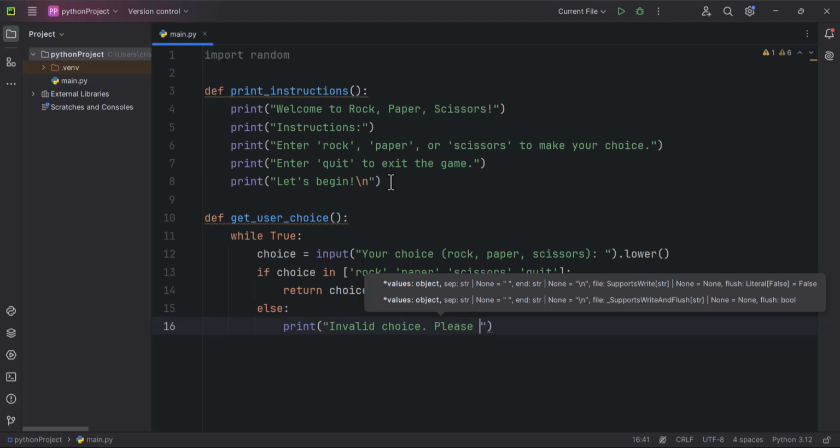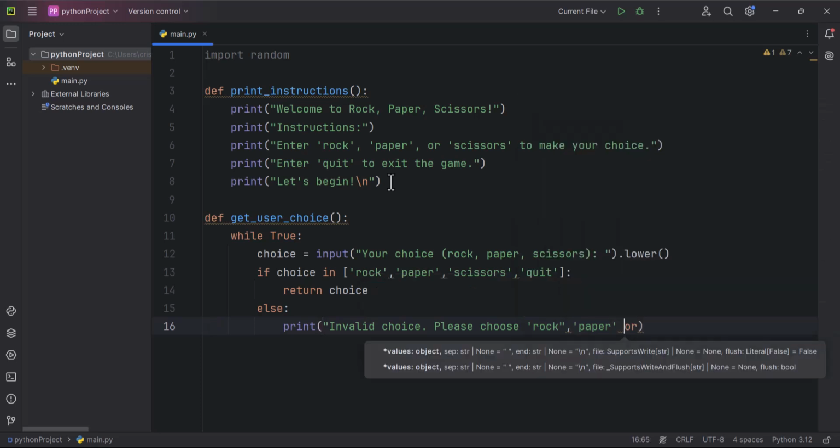Please choose rock, paper, or scissors. All right,